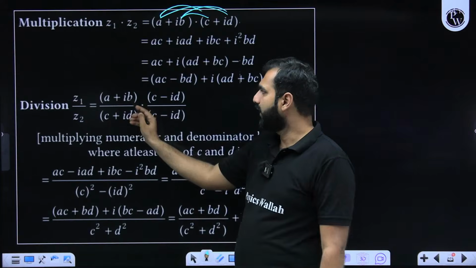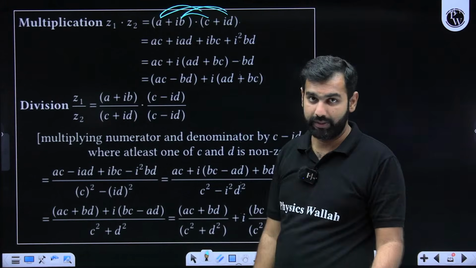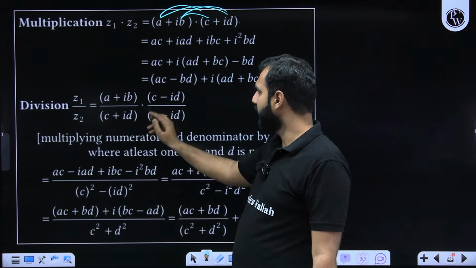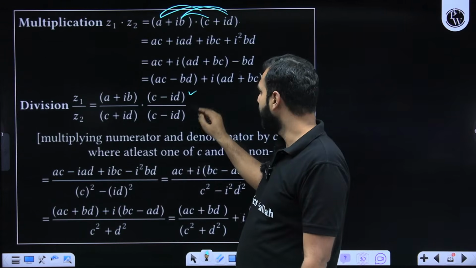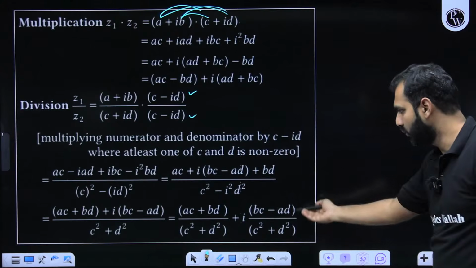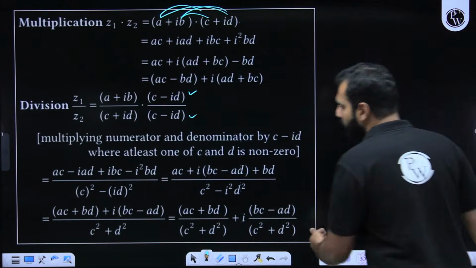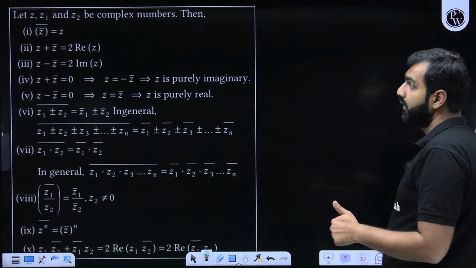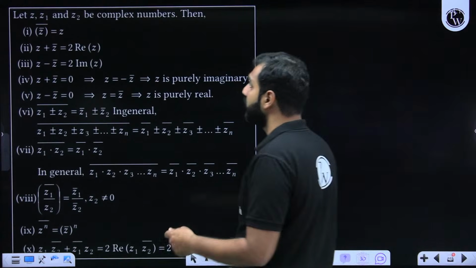Let's say a plus iota b is needed to be divided by c plus iota d. So I'll take conjugate of c plus iota d, that is c minus iota d. I'll multiply and divide it so that I'll get the value of z1 upon z2, which will be simply this, but you need not remember this result. The next result, I hope you remember,